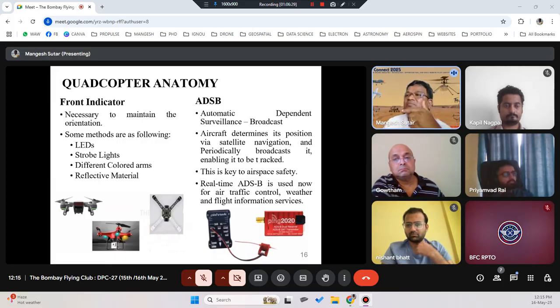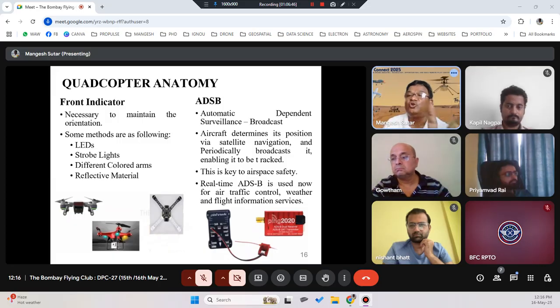Some will put reflective materials or reflective tapes on the drones. Or currently, most of the drones are now coming with LEDs or strobe lights. DGCA has made it mandatory now, all the drones should have strobe lights. This is not really mandatory yet, but it is a part of the type certification. But this will become mandatory when BVLOS conditions come,